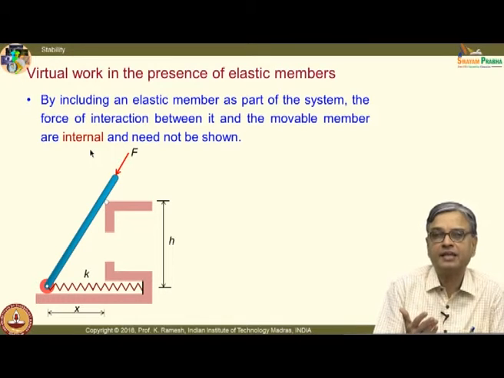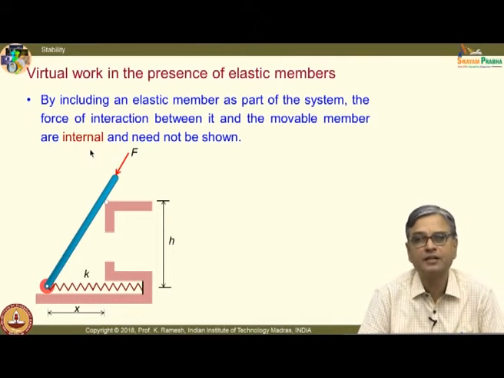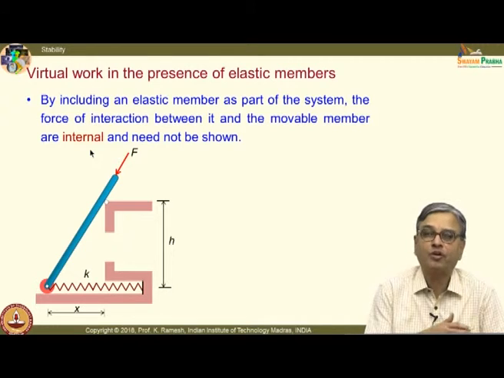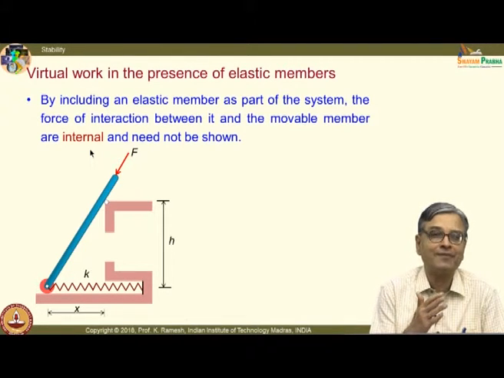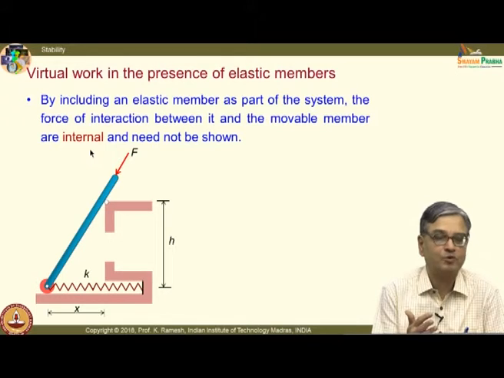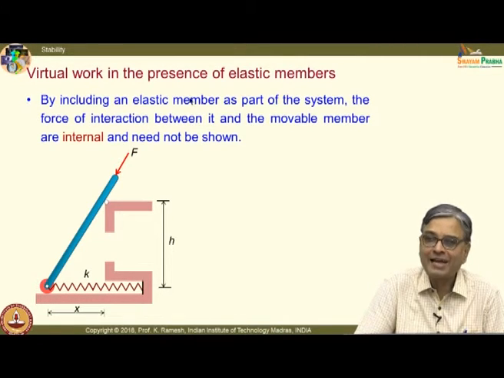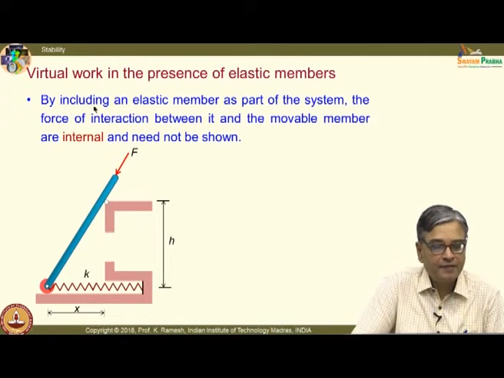We have looked at in this chapter on virtual work, we do not have to draw a free body diagram. We need an active force diagram, because we recognize the supports do not contribute to work done, and for internal forces the net work done is 0. So, we worry only about active forces, and we have included the role of an elastic member like a spring by an energy term. I can treat that as an internal force.